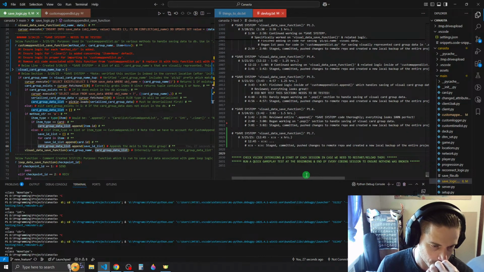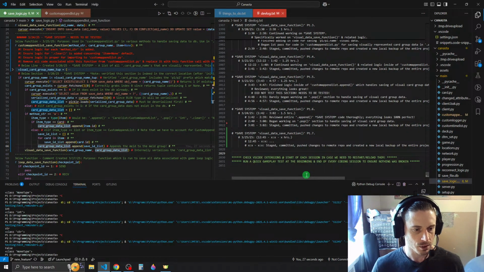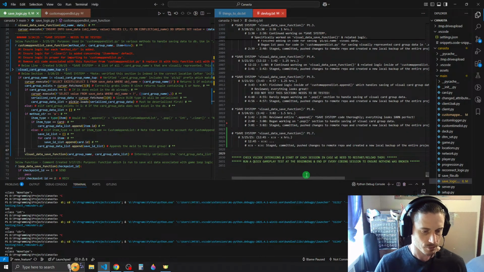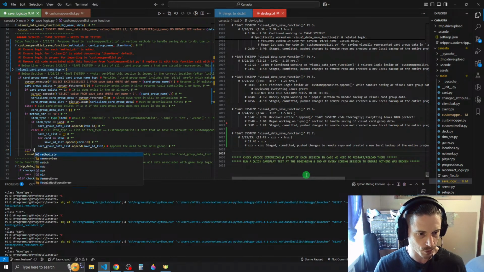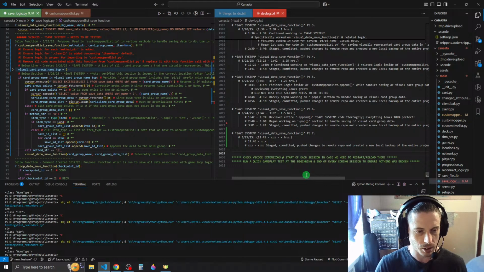Alright, cool. And then we would ultimately call visual data save function, but that will be universal for whatever the method string is. Now, if method string is equal to P for pop, then